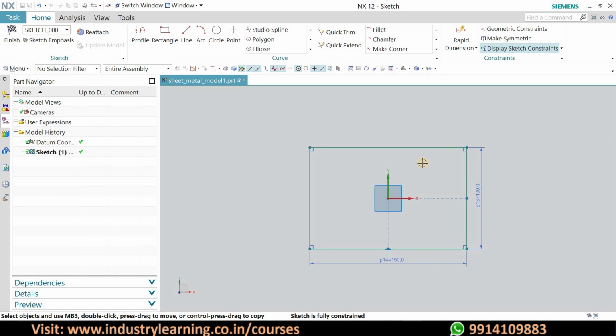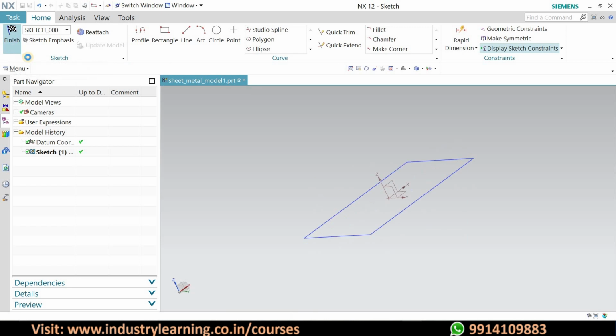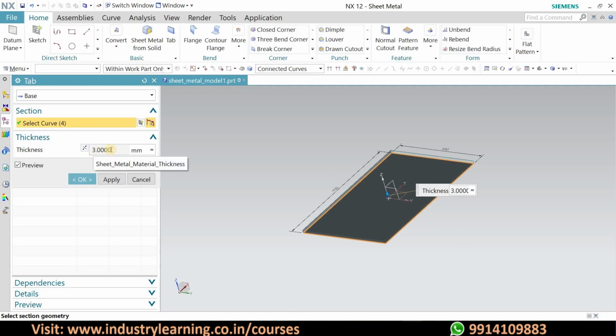We have to convert this into 3D, like a sheet metal with some thickness, and for that we go to the Finish option, and here the thickness will come. It will ask for the thickness, by default 3 mm. You can change it to either 2 mm or 1 mm or whatever thickness you want.